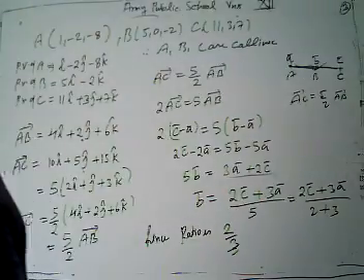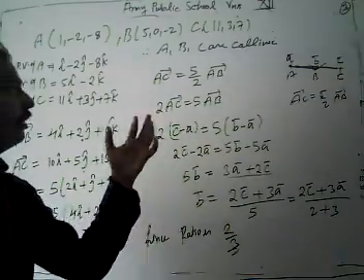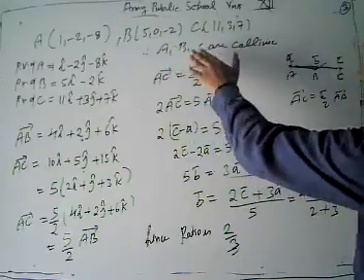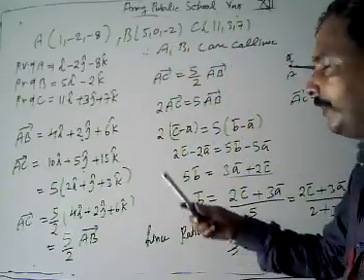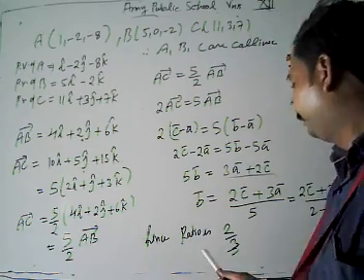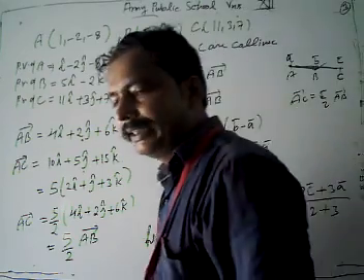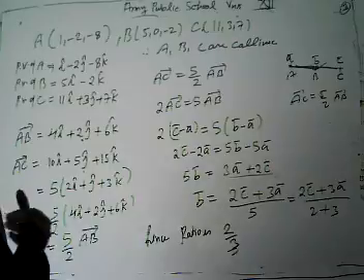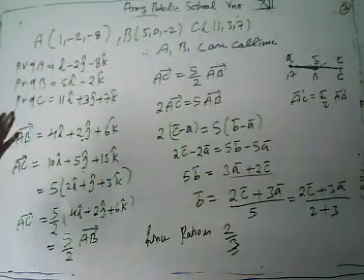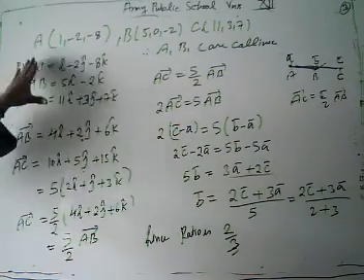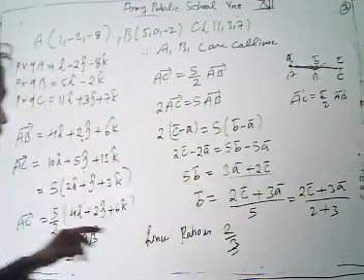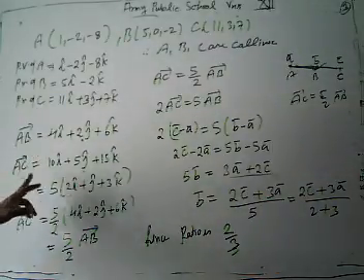Look, again I'm going to revise this problem. What is given there? First of all, we are given 3 points. We have to show that these 3 points are collinear. Then after that, we have to find the ratio in which our point B divides AC when they are collinear. To show collinear, what do we have to do? First, we are given 3 points. Then we find the position vectors. After getting the position vectors, we find vector AB and AC. We get AB is this and AC is this value.